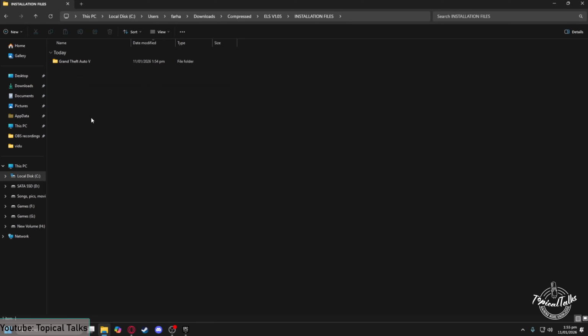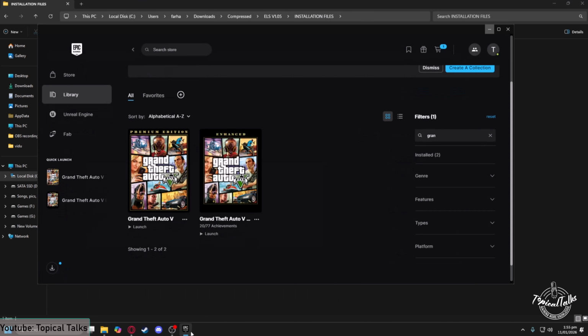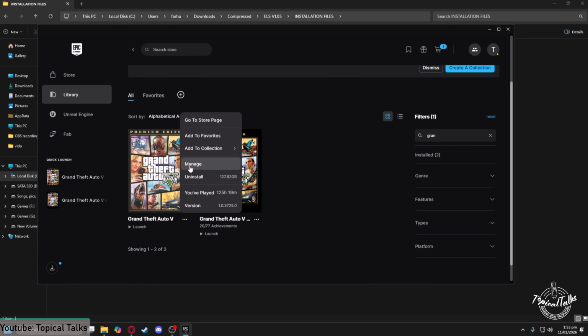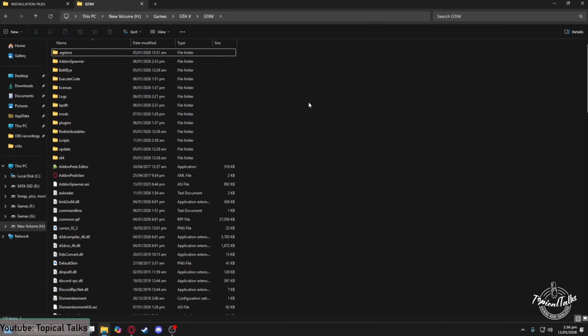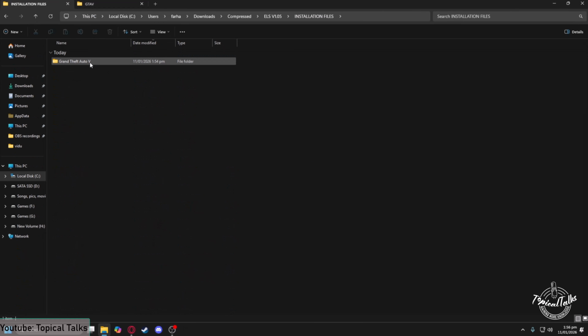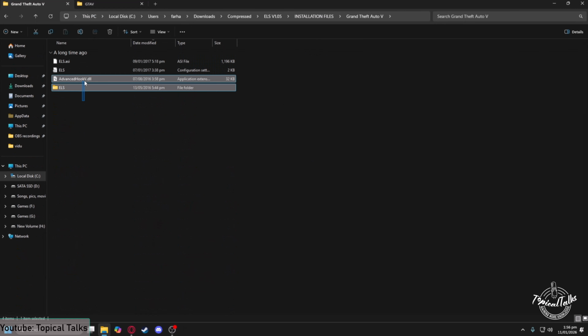Now you need to find the installation directory of your GTA 5 game. In order to do that, open up the launcher of your choice. Then from here, click on the three dots beside the game, head to manage, then open install location. So now all you need to do is go into this GTA 5 folder, copy everything from here and paste